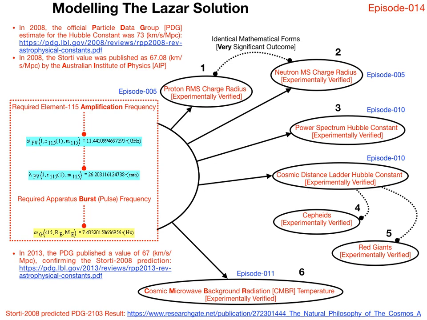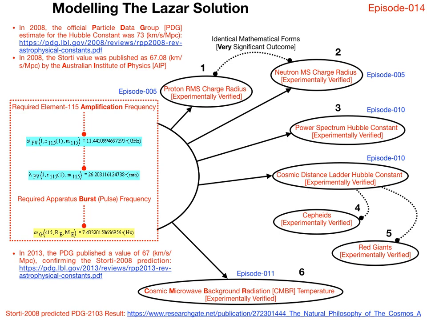You can see 6 instances whereby the Staudy equation has been experimentally verified, most impressively with respect to the power spectrum Hubble constant being predicted and published 5 years in advance of experimental verification. This is a non-trivial event. The fact that it is unknown within the scientific community is an issue for the community, not for the solution published by the Australian Institute of Physics.